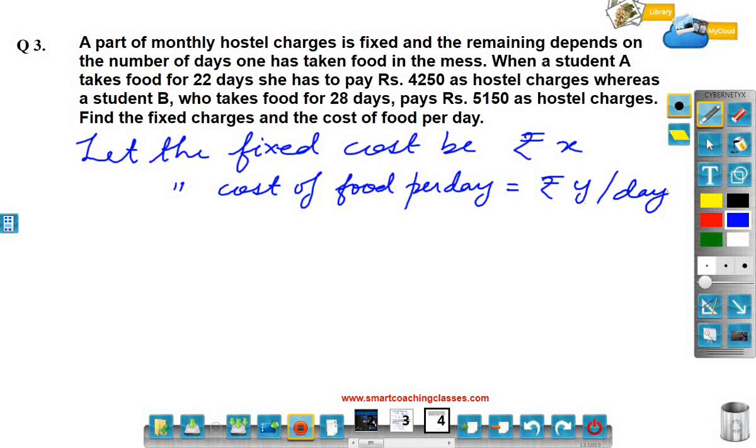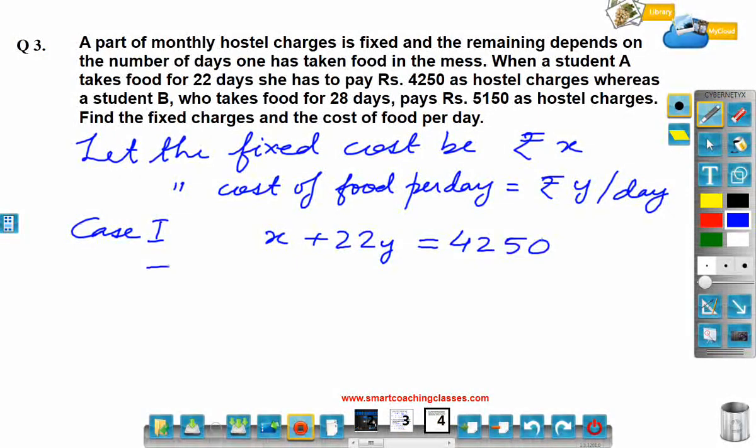Okay, so easy. Now similarly, just use the same logic as the previous question. Form the equation. We will say, what do we have? X plus how many days did he eat? 22 days. So 22y is equals to